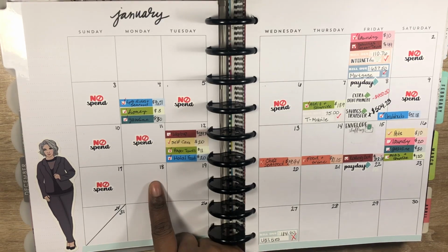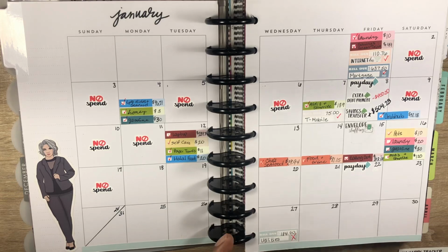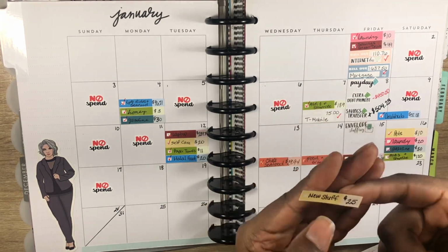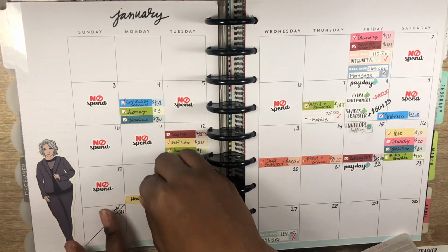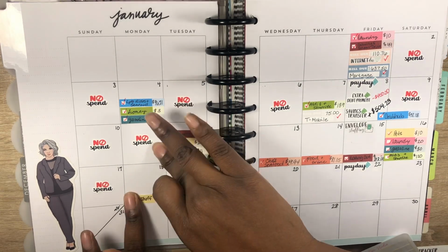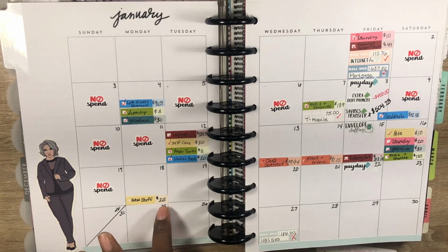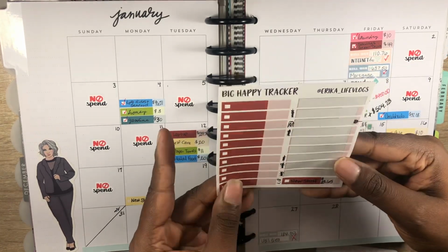So starting with the 18th, I had one transaction, although I'll be putting down 2 stickers. I recently purchased some new office supplies from Amazon from my new stuff category in my sinking funds for $25. I actually spent a total of $48.65 from Amazon. And since I only had $25 in my sinking fund, I did pull the difference from my